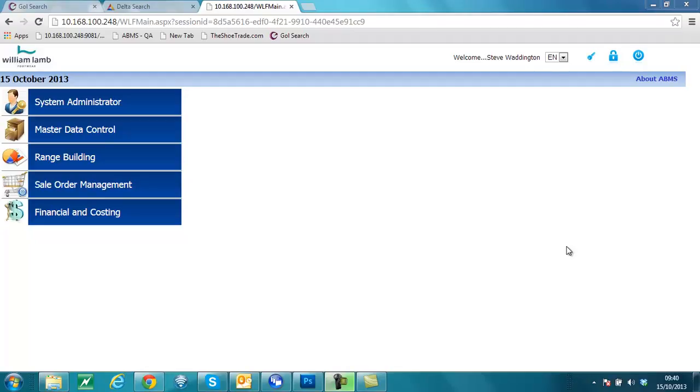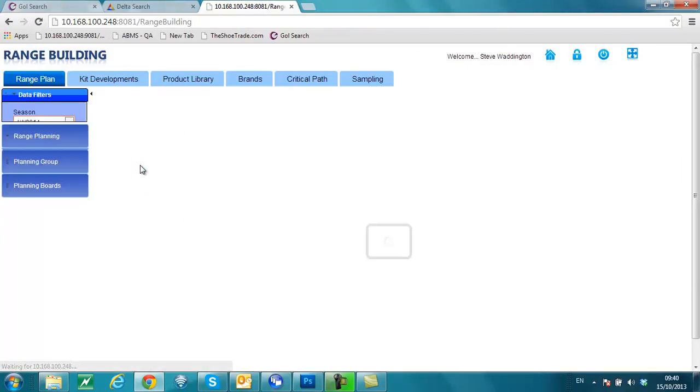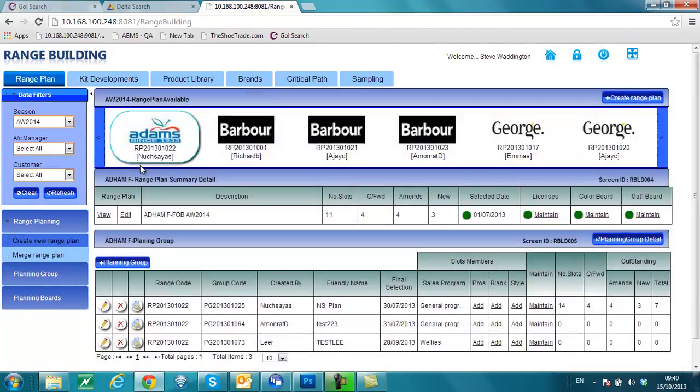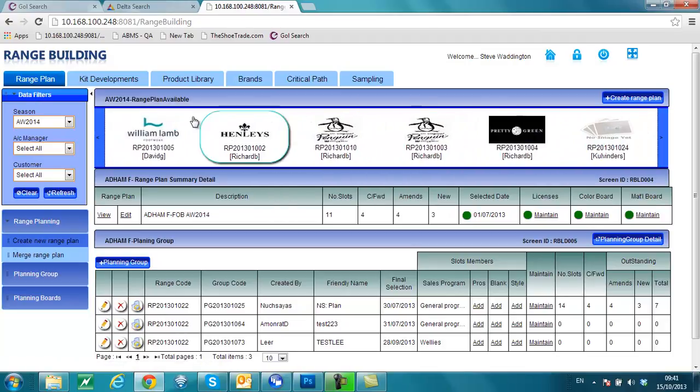Okay, we're now going to have a look at the range building part of the system, which essentially is the product development and range planning for customers. For William Lamb, they obviously deal with many customers in the UK. You can see some examples here where you've got Adams, three range plans for Barbour, George, goes across to the